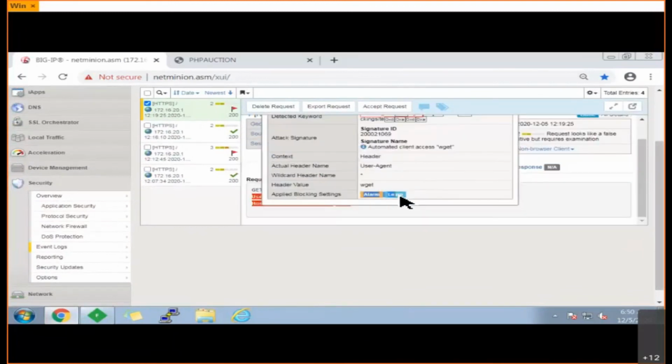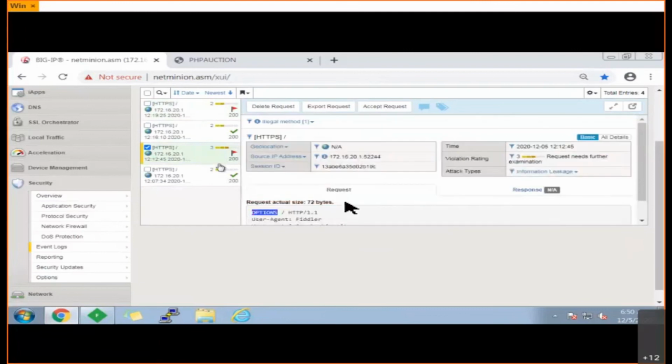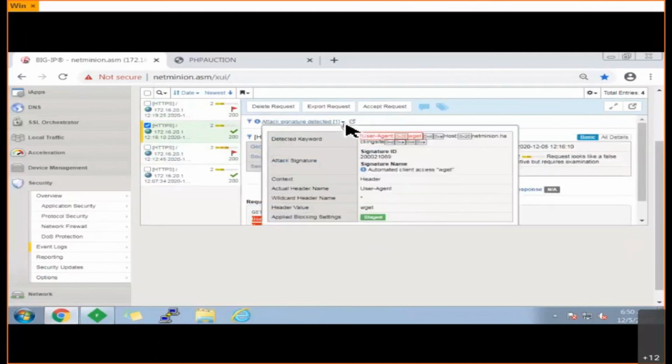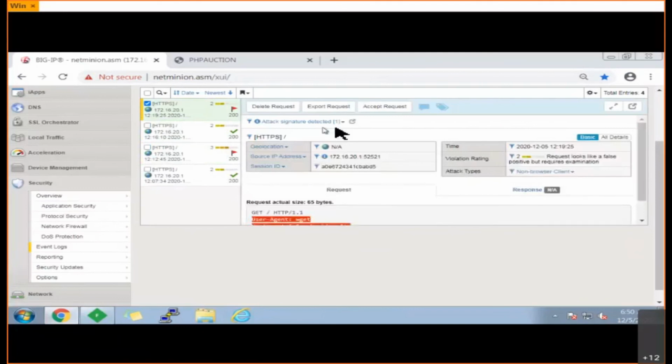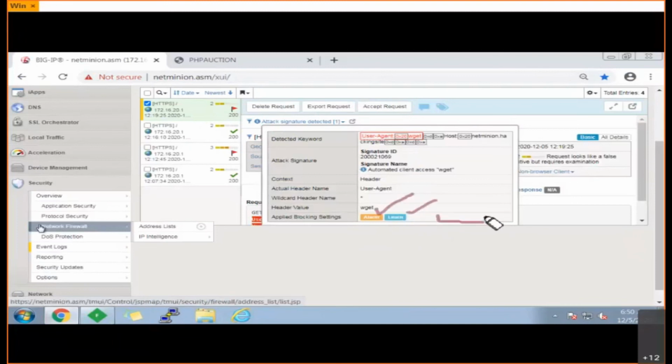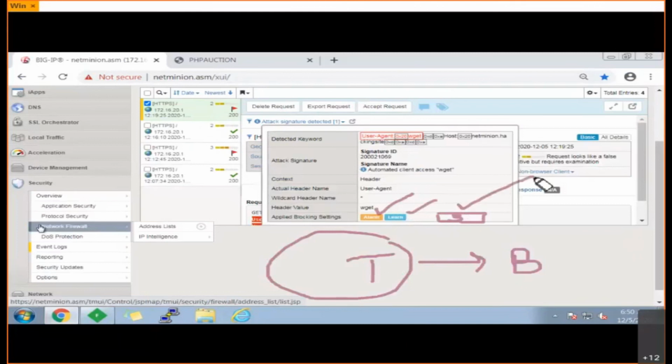currently it is not showing you under the stage. As earlier, it was showing you under the stage, right? Like in options we checked, it is also accepted. Now it is showing you alarm and learn. Okay, and earlier wget was showing you under the stage, right? Currently, if you see, it is not under the stage, but you have only two flags enabled, that is alarm and learn. Currently, it is not under the blocking mode, and your policy is also under the transparent mode. So tomorrow we will be making this policy under the blocking mode, and this block flag will also get enabled, and then we will check that our request will get